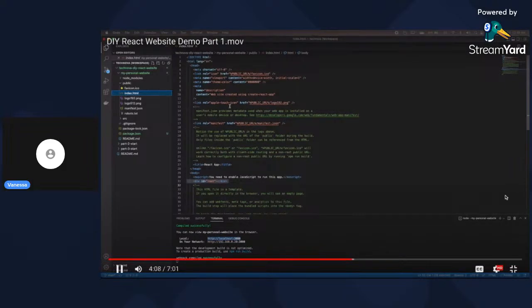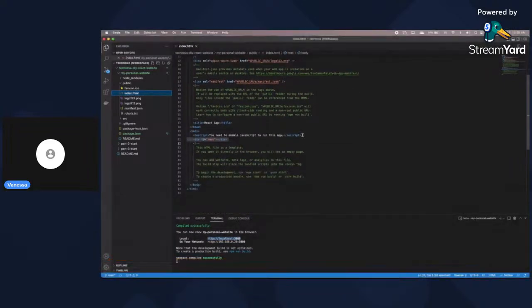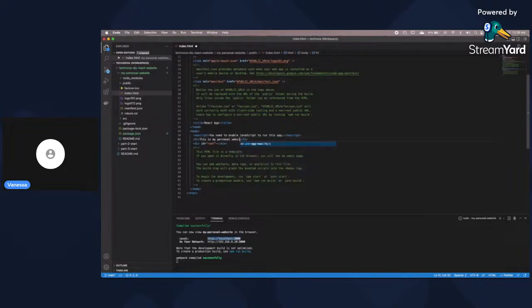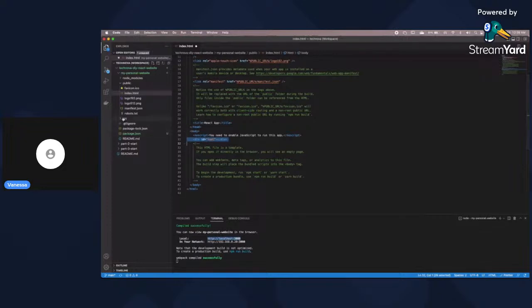Normally, if you were just coding with HTML, CSS, or JavaScript, you would write up all of your HTML here and build your website. So you would put an H1 tag and you would say, this is my personal website. And you would add all your web content here. But instead, with React, all we have is a div with an ID root. So this is where React will inject our app into. And if you don't really get what that means, don't worry, I'll be explaining a bit more about what that is. So we're injecting our app into this root, and where that starts is in this index.js file